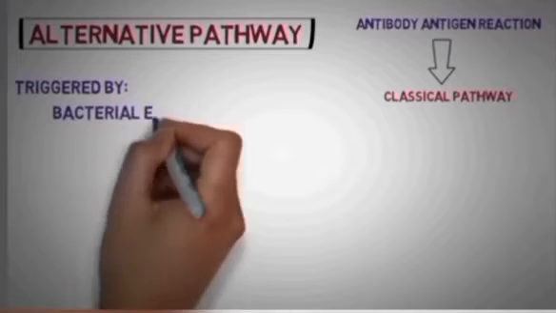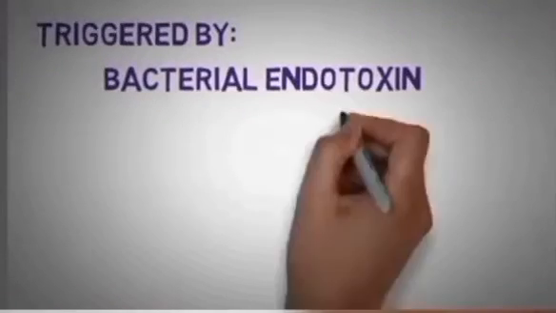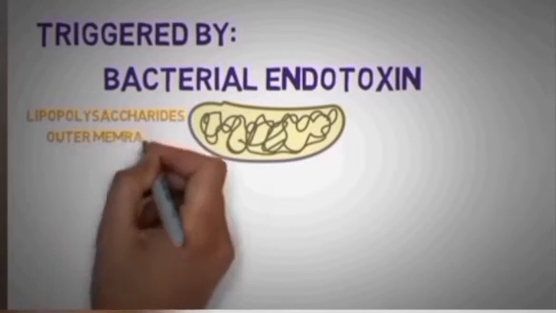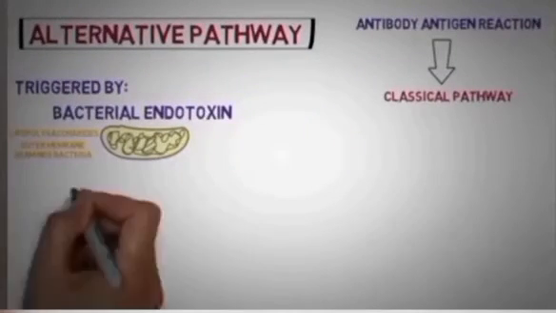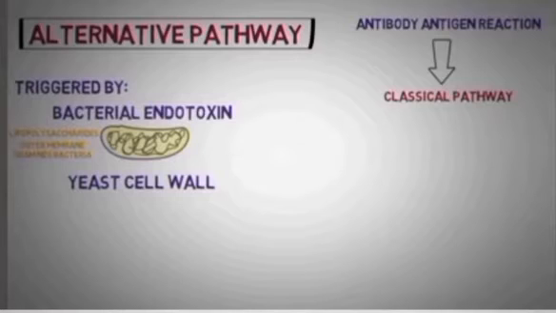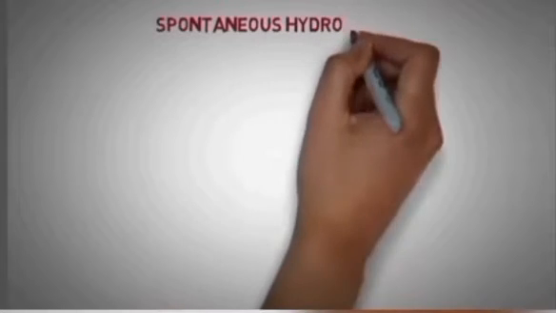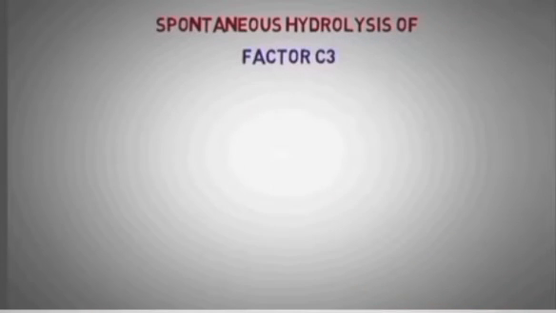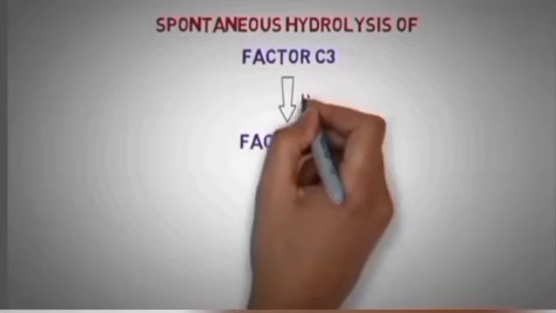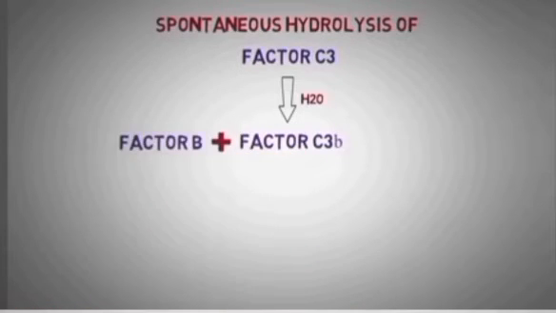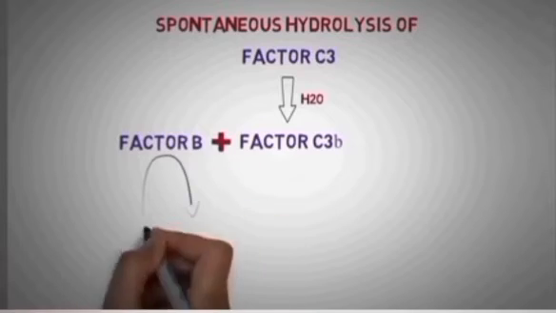And next is the alternative pathway. It is triggered by bacterial endotoxin. It is composed of lipopolysaccharide found in the outer membrane of gram-negative bacteria, the cell wall, and cobra venom factor. The first step is the spontaneous hydrolysis of factor 3, which is present in blood plasma. Factor 3 converts into factor